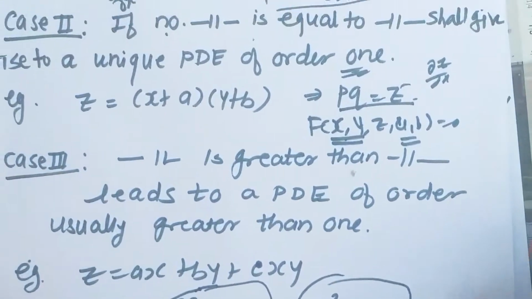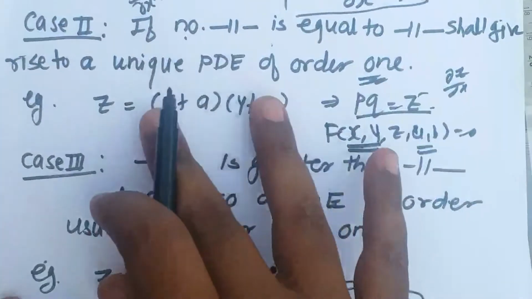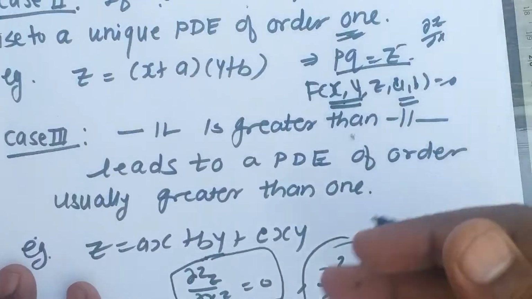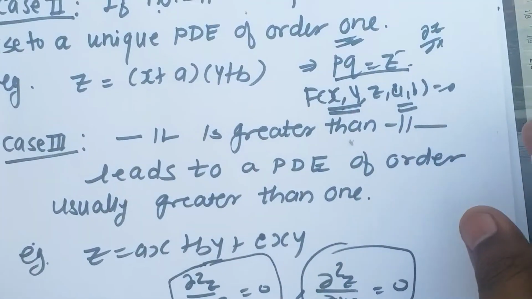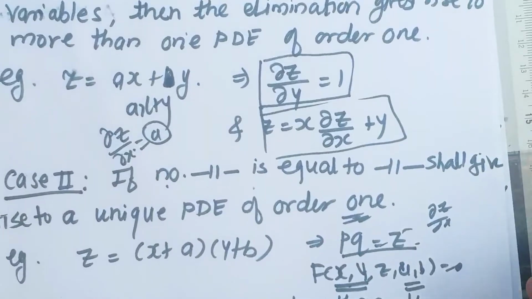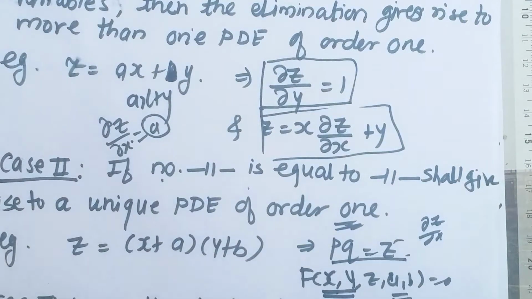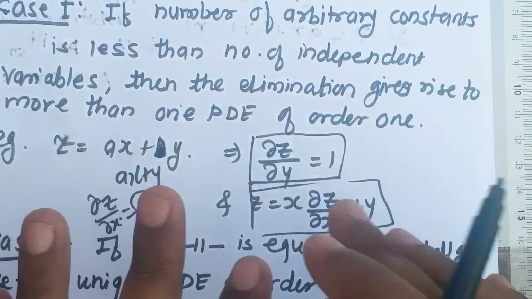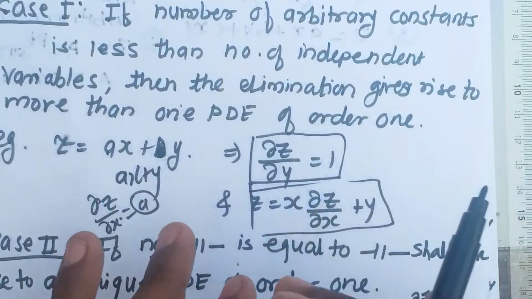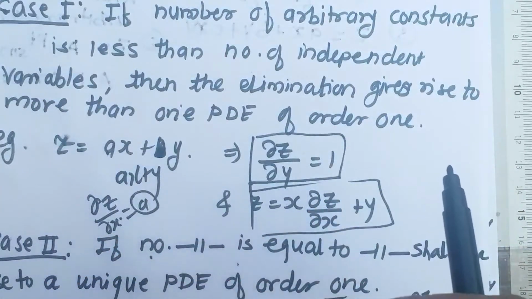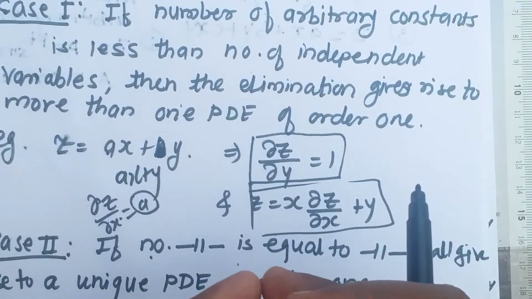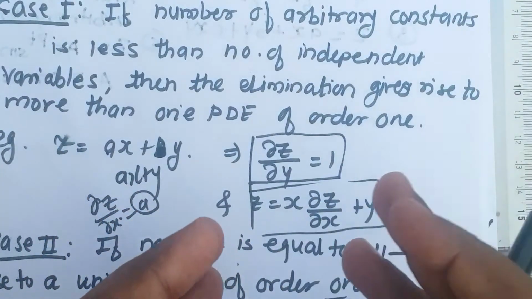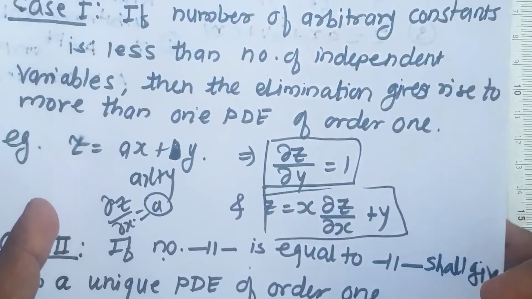So this is how in the second case we'll get the unique partial differential equation. In case 1 and case 3 we may get more than one partial differential equation, and order also changes. So there are total 3 cases for formation of partial differential equation. This is just the theory part I have discussed. The process is same. You keep on differentiating. Whenever the relation is in front of you, you first differentiate with respect to x, then differentiate with respect to y. If by eliminating arbitrary constants you will be able to determine the partial differential equation, then that will be your required partial differential equation.